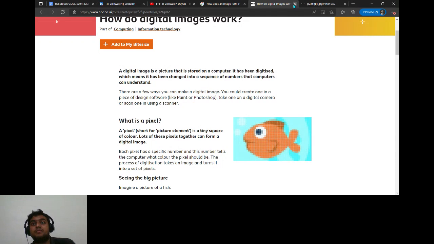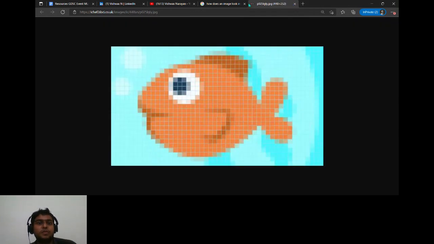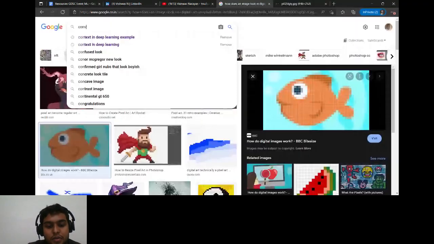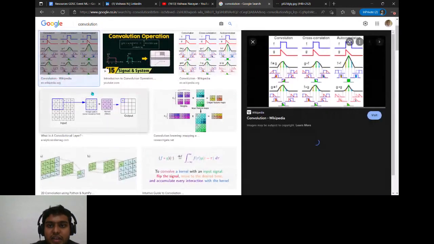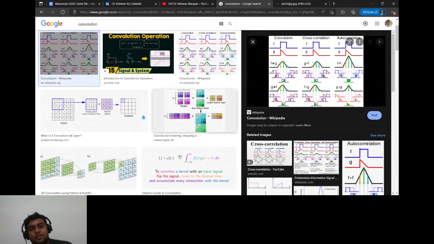Now, there are hundreds of ways in which you can do mathematical operations on it, but one thing that really popped out for engineers is that convolution is one of the best ways to do it. If you're an ECE person, an electronics and communication engineering guy, you would have studied one subject exclusively on convolutions, probably two, maybe three sometimes.